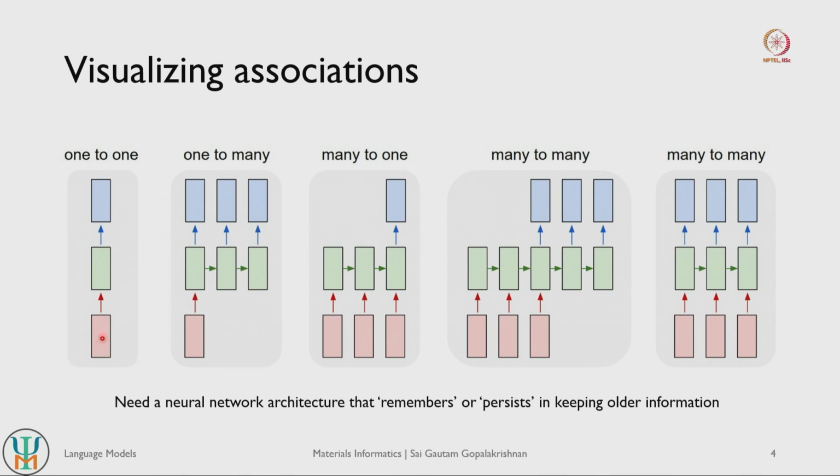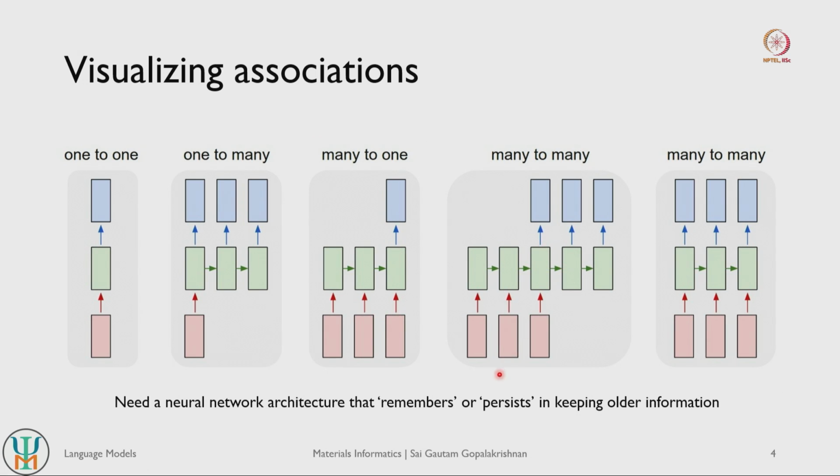In conventional neural networks, you typically have this kind of association: an input that is directly associated with one output, a one-to-one association. But there are several other associations that are possible. One input can be associated to several outputs. A king can be associated to being a male person, to being a person with power, and to being a person who wears a crown. You can also have many words associated to one. For example, for an output of a dog, you can say that a dog has ears, a dog has teeth, and a dog has a mouth. So all these words can be associated to a dog.